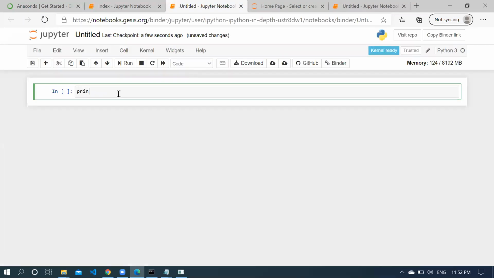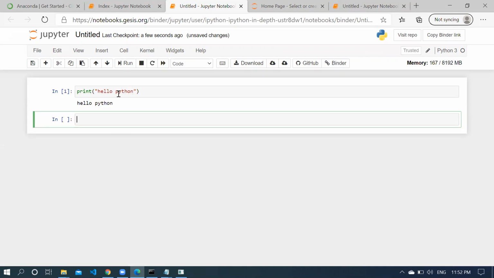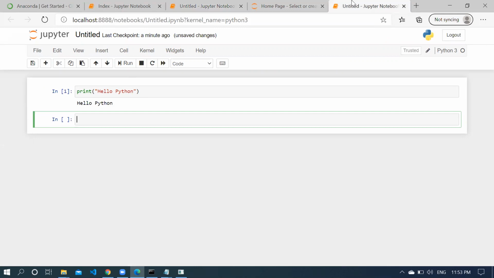And simple, you can type the code print hello Python. Okay, so this tab is basically for the web Jupyter Notebook, and this is for the installed application of Jupyter Notebook. Okay, so guys, that is all in this video, we'll learn the next thing in the upcoming session.